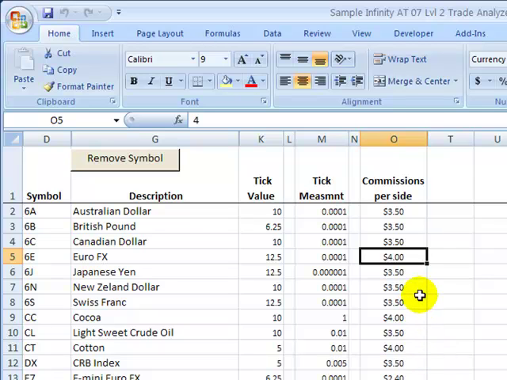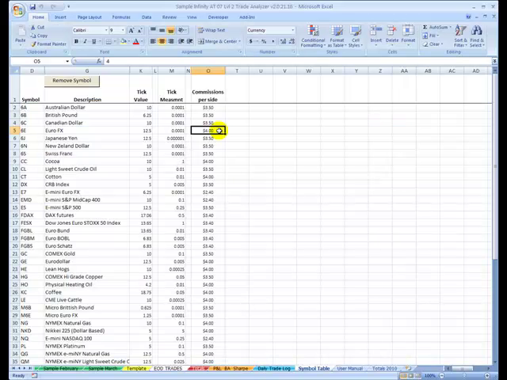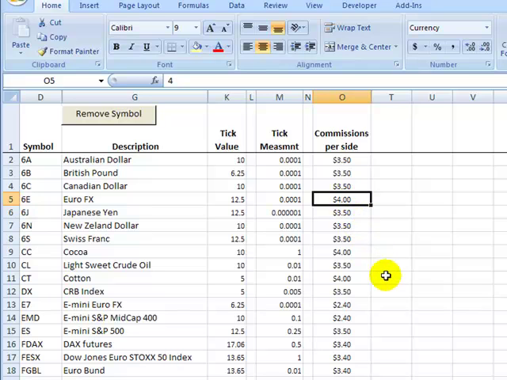So I recommend you take your Transact statement, take a look at the instruments that you're actually trading, and then run the numbers of what they're charging you for commission, as well as what the exchange fees are or any other hidden fees that they may be charging you, and then make the correction right here so you can get an accurate